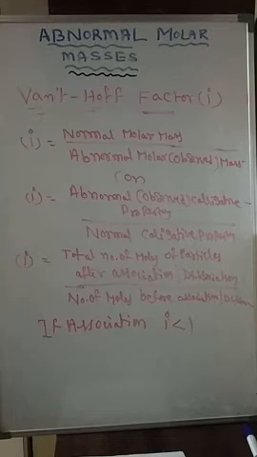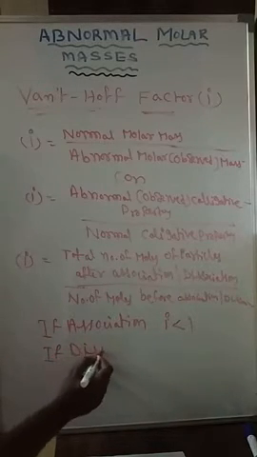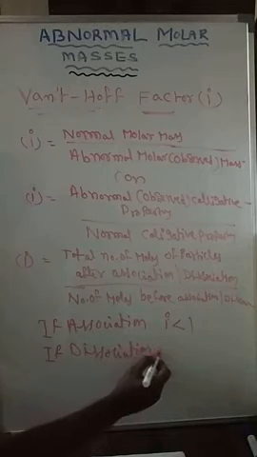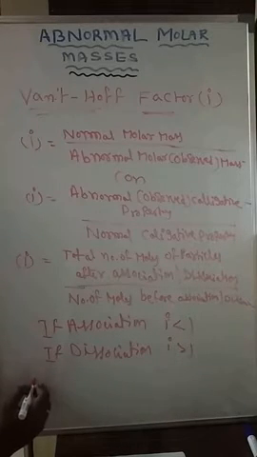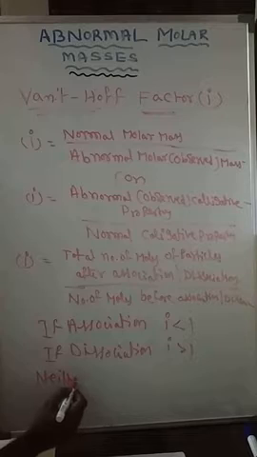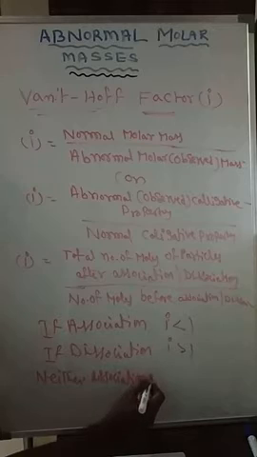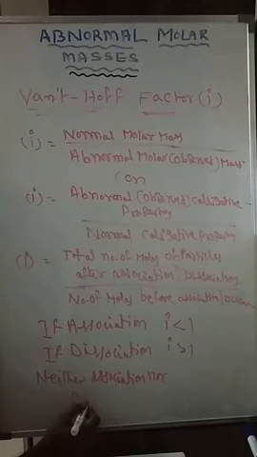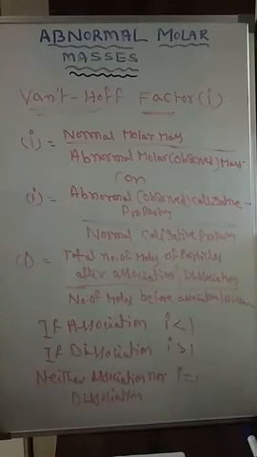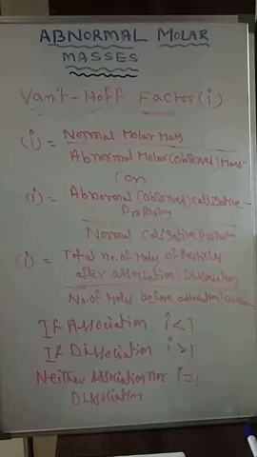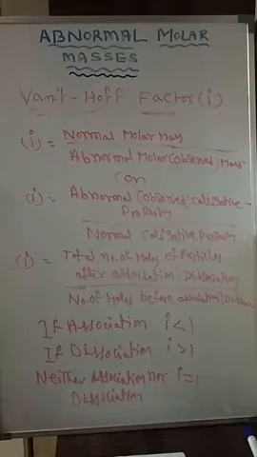Whereas for dissociation, the Van 't Hoff factor value is greater than 1. For neither association nor dissociation, your Van 't Hoff factor value i is equal to 1 only, that is equal to unity, no change of the value. So that is why here the potassium example discussed earlier,